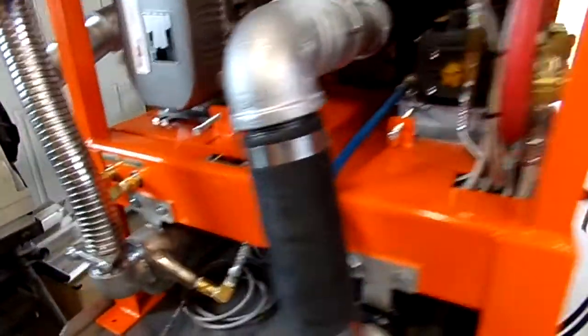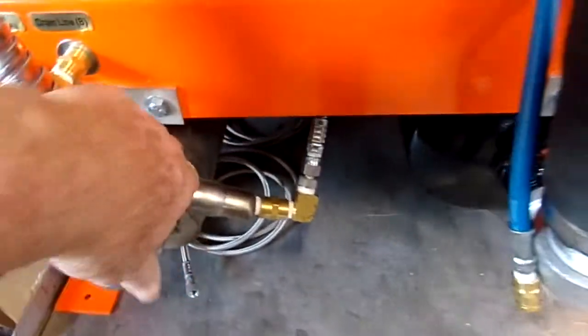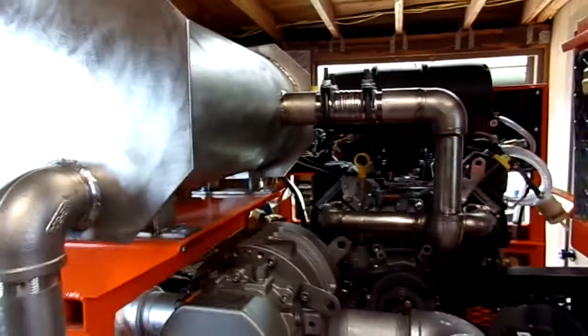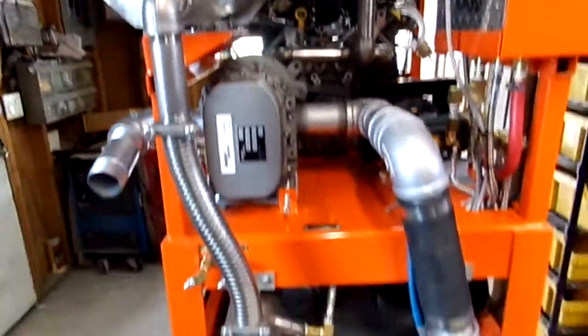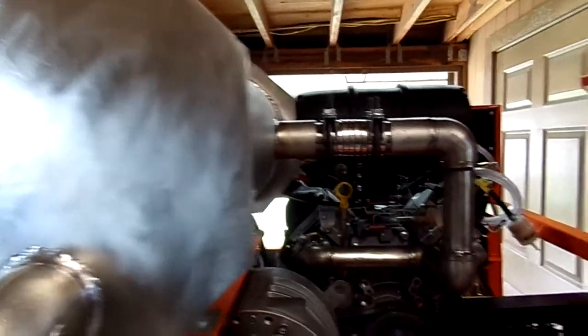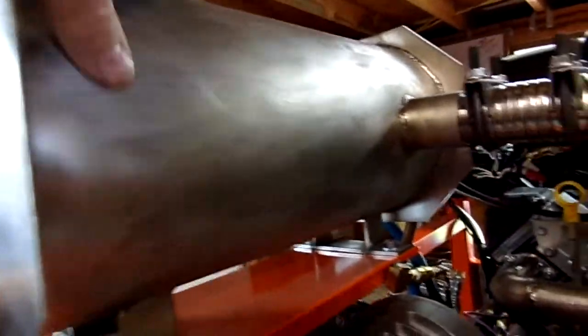So here we have a bottom heater that's all stainless, and it's got 40 feet of high pressure 3/8 heavy wall tubing, 3,500 pounds pressure rated. We have 80 feet up here, so we have a total of 120 feet of high pressure tubing that will last you a long time. It's got a lot of longevity, will give you great heat, and this patented design was made